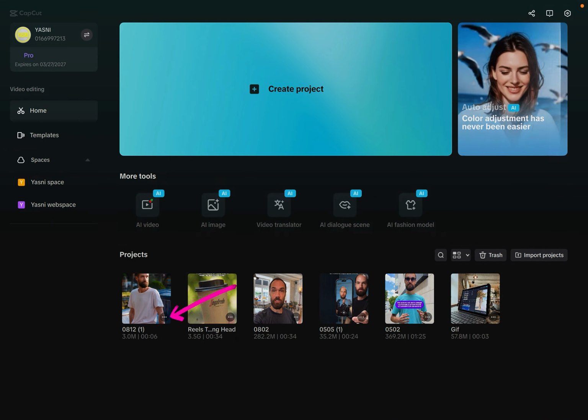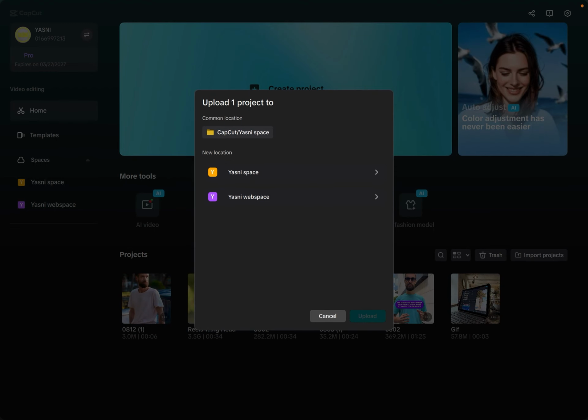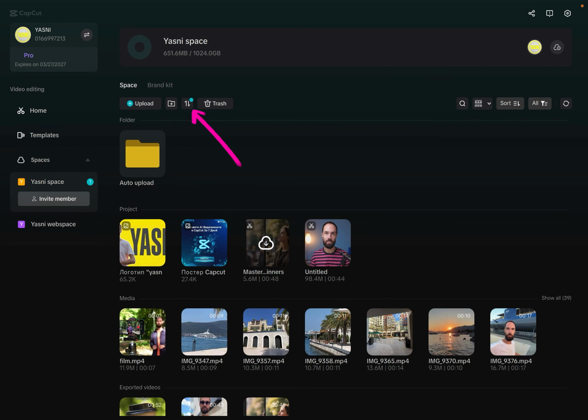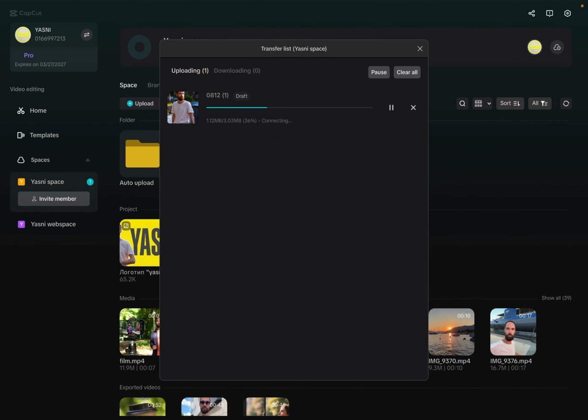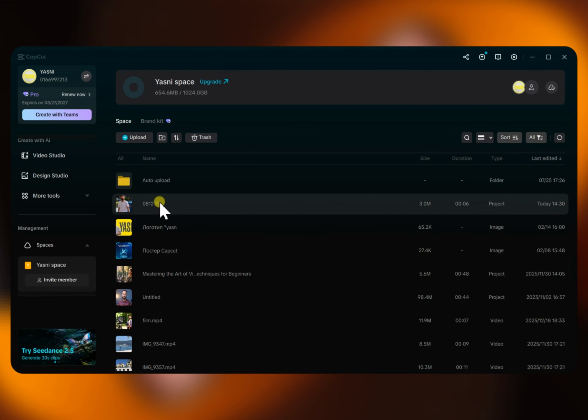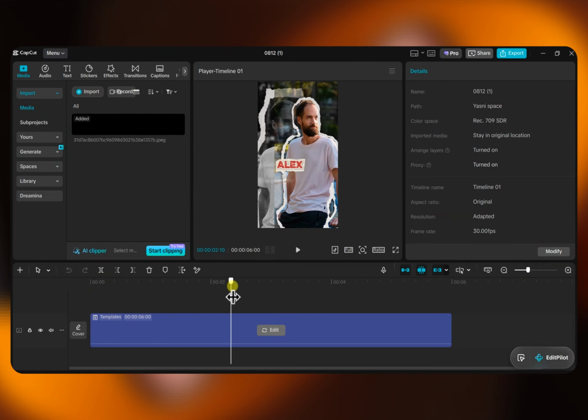To upload a project to the cloud, click on the three dots, then select Space, choose the folder where you want to save it and click Upload. Then we can see the project being uploaded, and after that on another device, for example on a computer, we go to the cloud, open the same folder where we uploaded the project, download it, and then we can continue